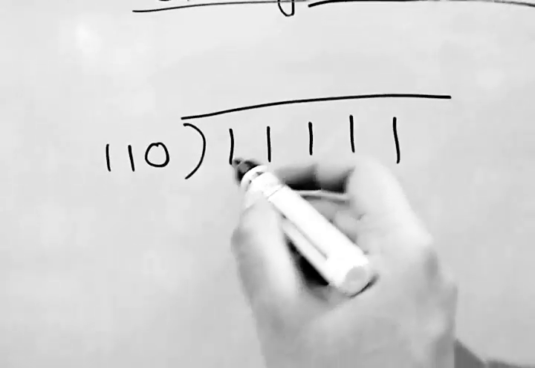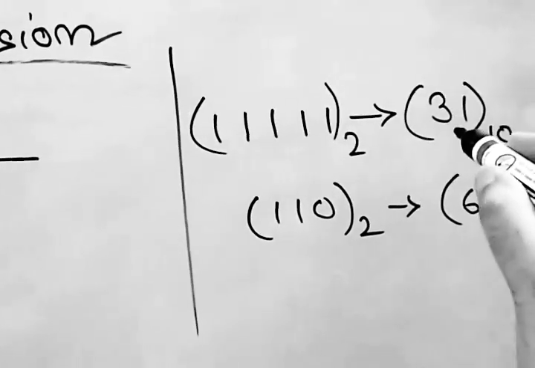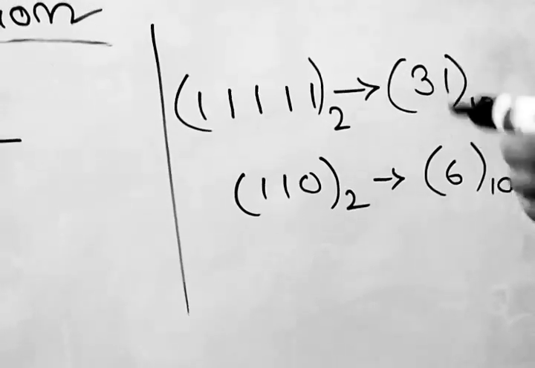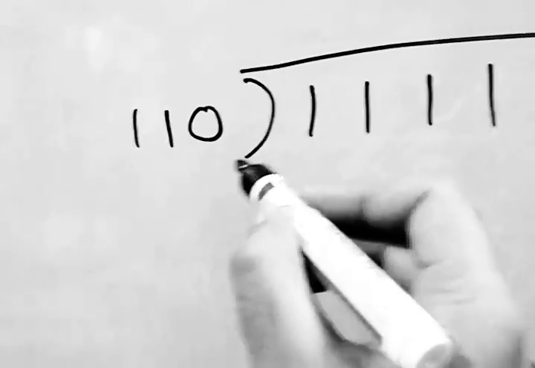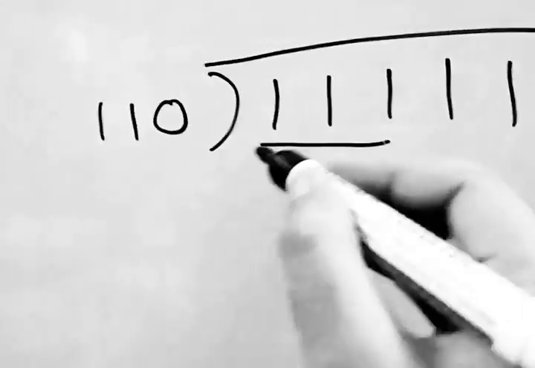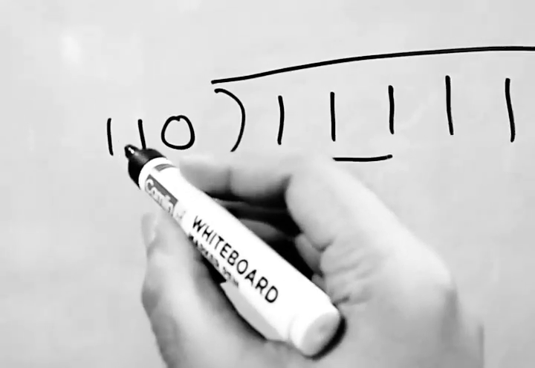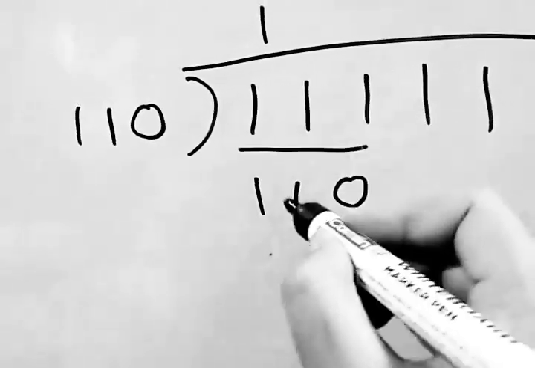Example we are doing, we have to divide 11111 by 110. Now these 5 ones in binary means 31 in decimal, and 110 in binary is equivalent to decimal 6. So basically we are dividing 31 by 6. As this is a 3 digit divisor, first we will consider the first 3 digits of the dividend from the left side. 111 means 7. 7 is greater than 6, so easily divisible. For that reason, we will multiply 110 with 1. We will get 110. We will put it beside 111.